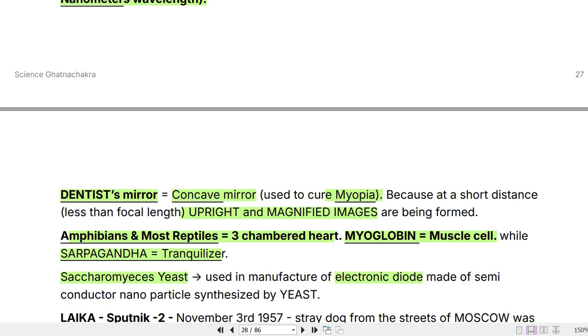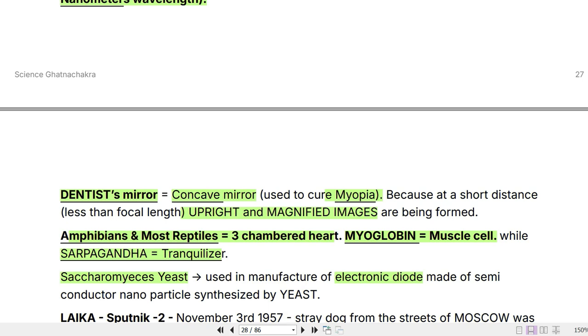ओके, तो पिछले लेक्चर में हम लोग यहाँ तक देख लिए थे कि डेंटिस्ट का मिरर कॉनकेव मिरर होता है, वही मिरर जो कि मियोपिया को सही करने के लिए इस्तेमाल किया जाता है। ठीक है, वैसे कॉनकेव मिरर की खासियत क्या होती है, उससे हमें कैसी इमेज मिलती है? अपराइट और मैग्नीफाइड मिलती है। ठीक है, कॉनकेव से अपराइट और मैग्नीफाइड मिलती है।